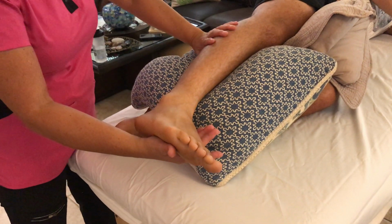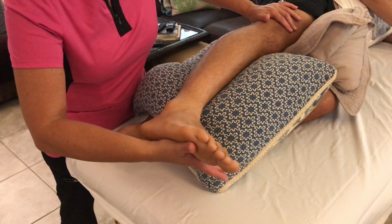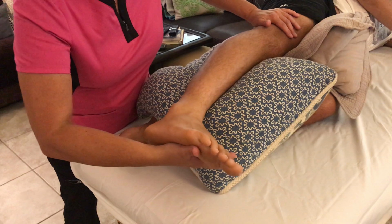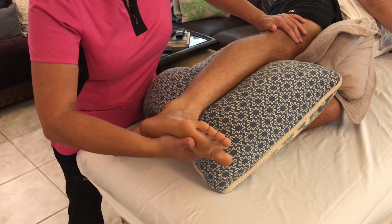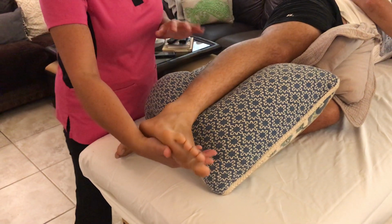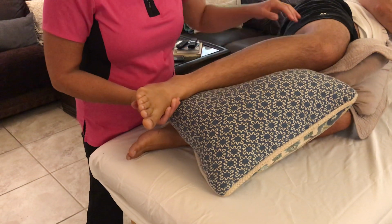Now I'm going to move off the gastrocs, stabilize a little bit, and give him that 2+ resistance through my thumb on the plantar aspect of his foot. So go ahead and do that for me with a little resistance. That's your 2+. Okay? Now to do soleus, I would take out the gastroc activation and flex the